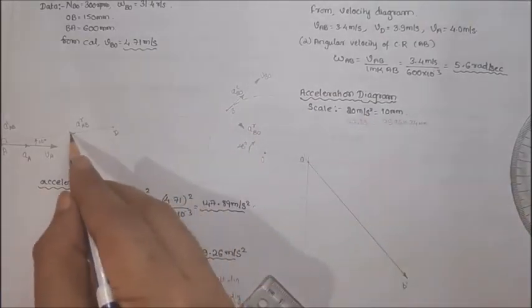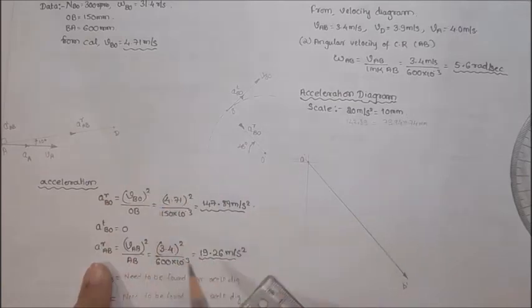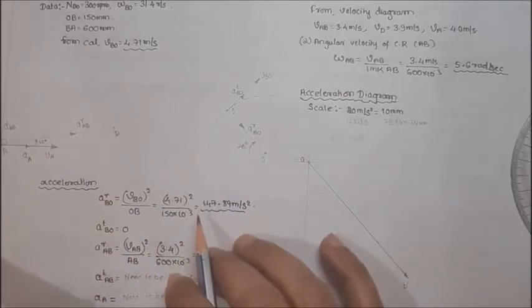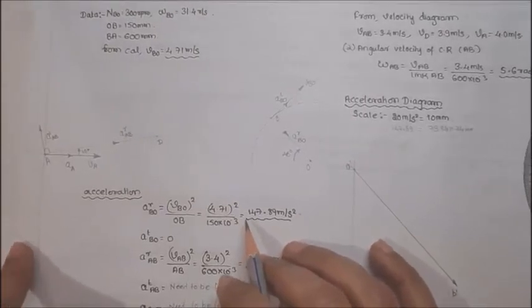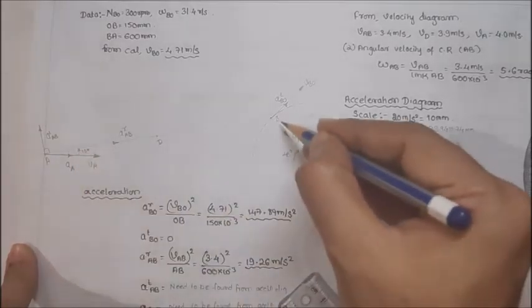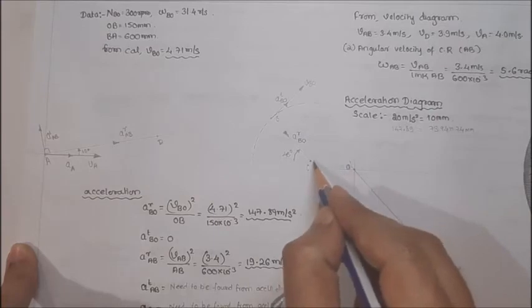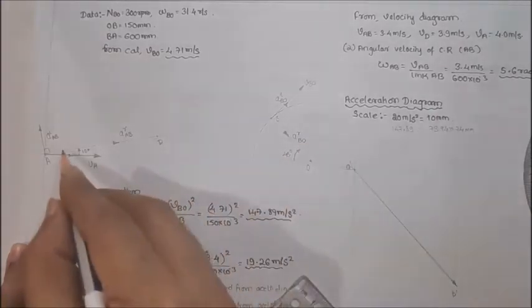But in which direction is it? It is in this direction. The direction is known, and the magnitude also is known, so it has to be like this. For that, we measured this angle. This is 10 degrees, and this line is 45 degrees. So from the horizontal it is 10 degrees in inclination.